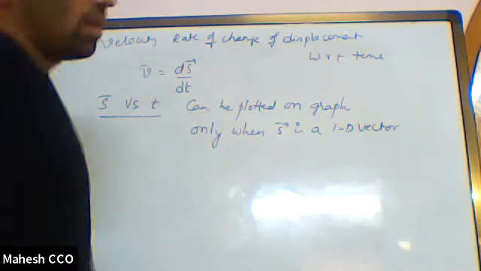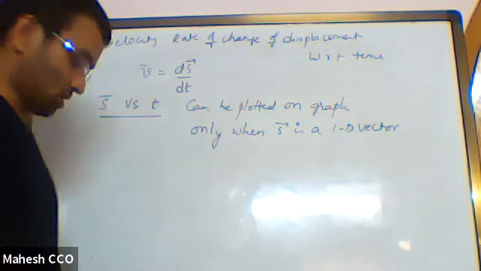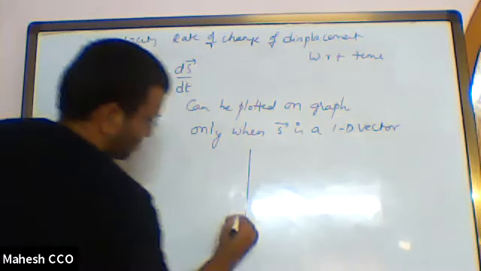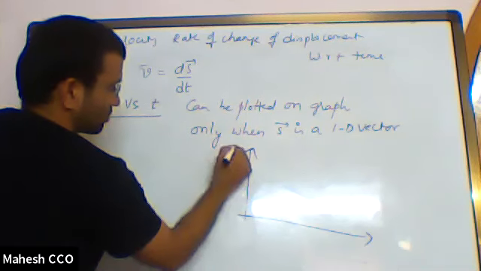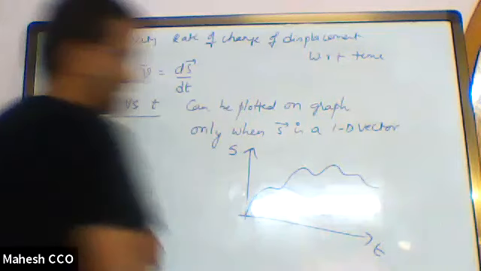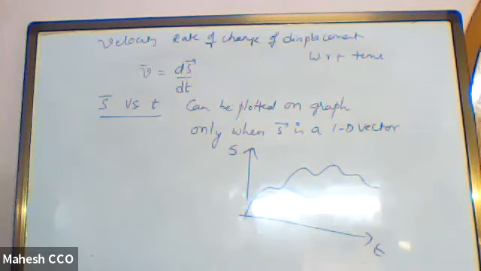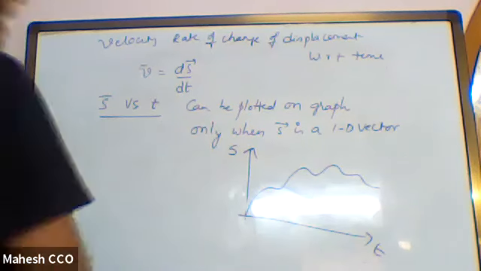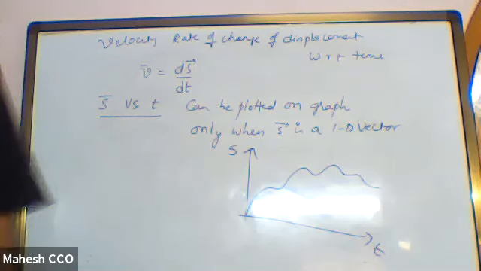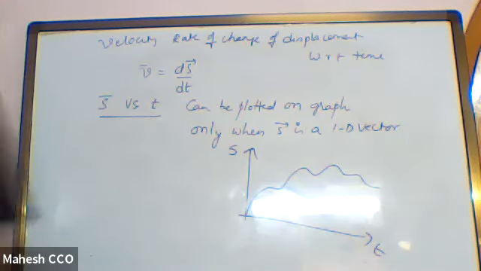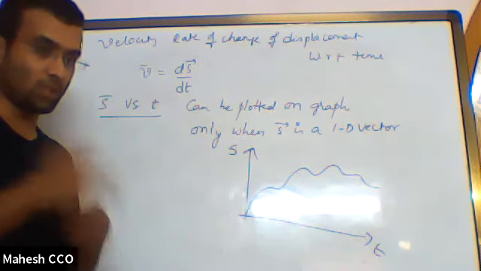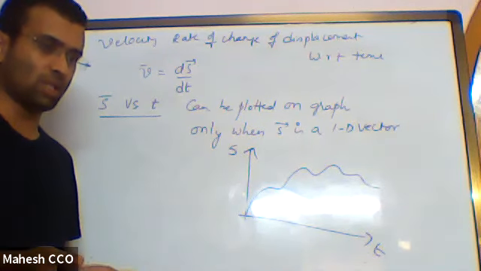plotted on a graph. So remember one thing: if somebody gives you a displacement time graph like that, it does not mean the particle is moving along this path. The particle should be moving only along a straight line, but its displacement as a function of time can be a nonlinear function. There is nothing wrong in it.